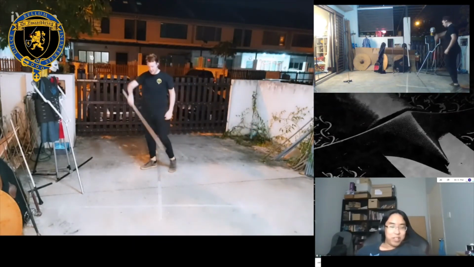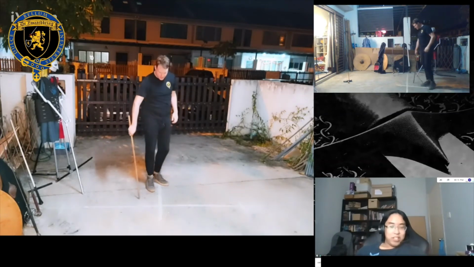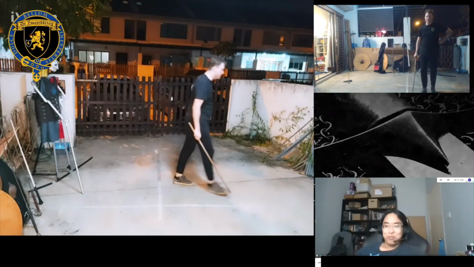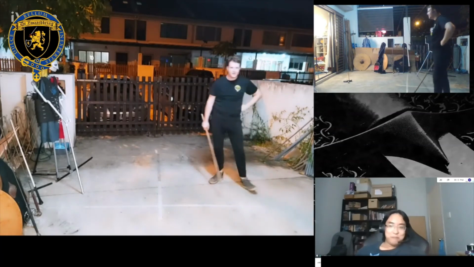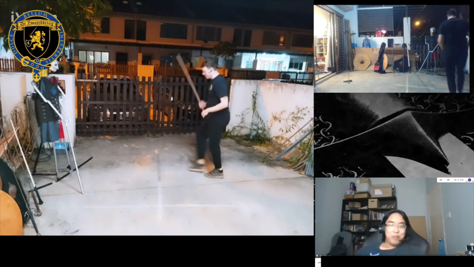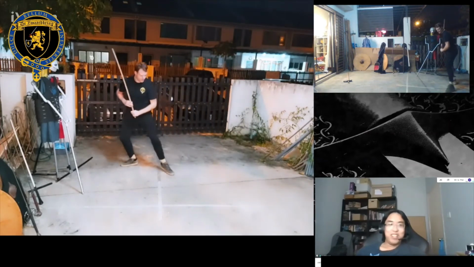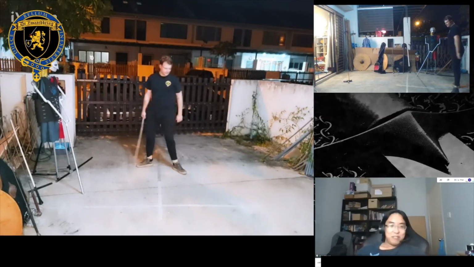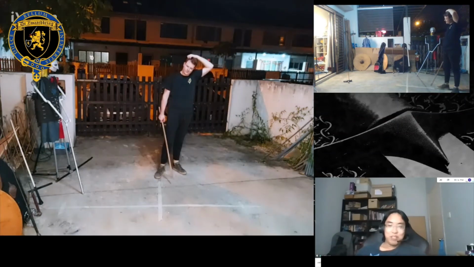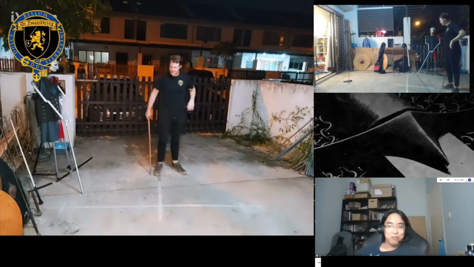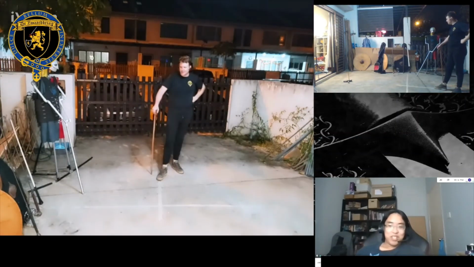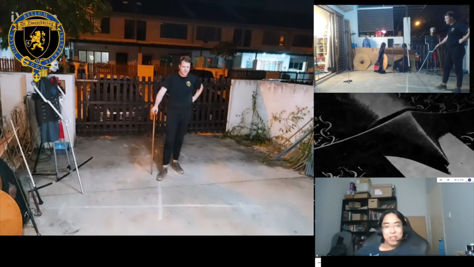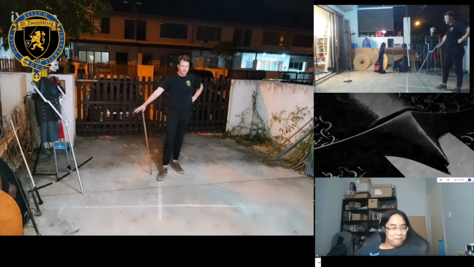I think the easiest way, especially if you're doing it at home and you're not wearing shoes, is when you start dragging your back foot. Yes, yeah. You will be able to feel it across your floor after a while, and it will be a reminder to stop doing that. Because if you're dragging your back foot along with you, that means you're stepping a bit too far, taking too big a step. It's not so much that your initial attack won't hit, but rather it becomes more difficult for you to do follow-up. Yes, because you've displaced your balance so much that you have lost the ability to quickly maneuver